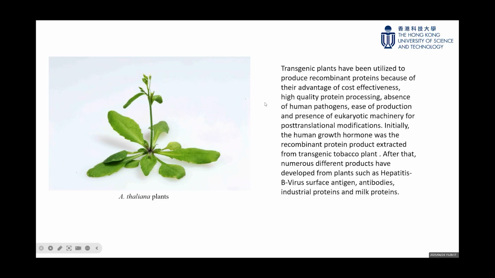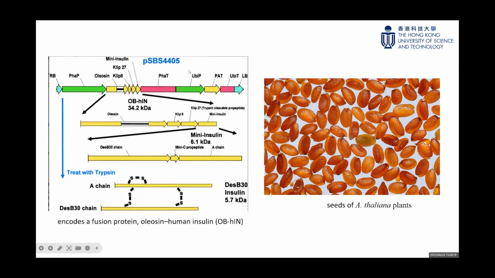Arabidopsis is one of the types of plants we can use to produce human insulin. This is its way to produce the human insulin. The Arabidopsis plant was transformed with the plant expression vector pSBS4405. The construct encodes a fusion protein, allowing human insulin